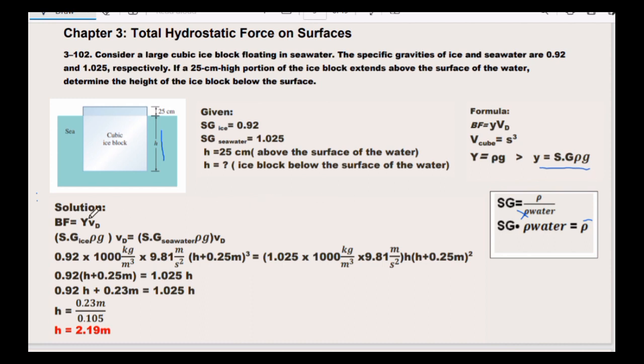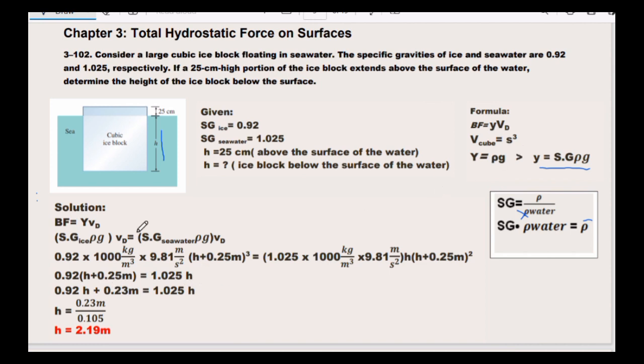So here in our solution, buoyant force equals the specific weight times the volume displaced. Then SG of ice times the density of water times the acceleration due to gravity times the volume displaced equals SG of seawater times the density of water times the acceleration due to gravity times the volume displaced. So here, plug in our values: the SG of ice 0.92 times the density of water 1000 kg per cubic meter times the acceleration due to gravity 9.81 meter per second squared, and the volume of the ice